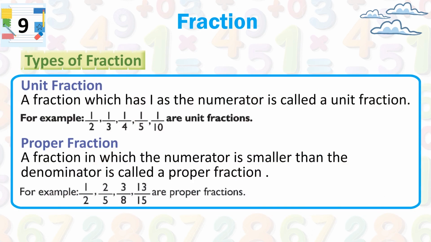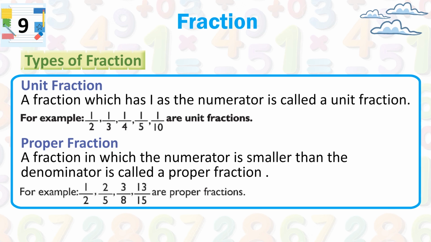Types of fraction. Unit fraction. A fraction which has 1 as the numerator is called a unit fraction. For example, 1/2, 1/3, 1/4, 1/5, 1/10 are unit fractions. Proper fraction. A fraction in which the numerator is smaller than the denominator is called a proper fraction. For example, 1/2, 2/5, 3/8,